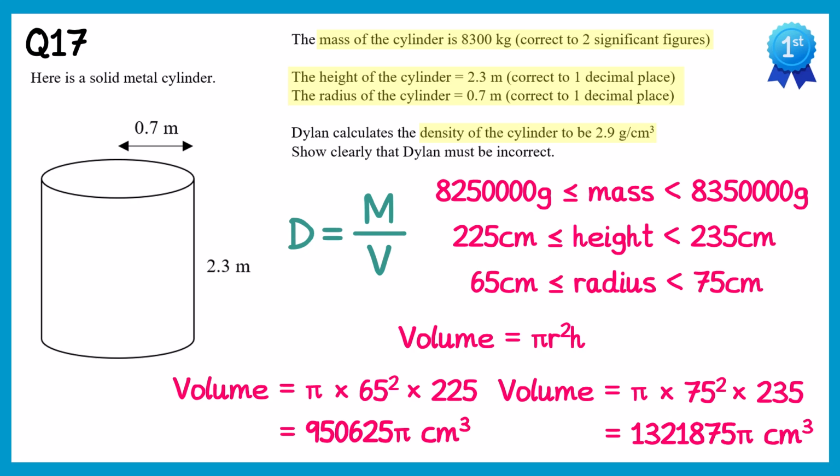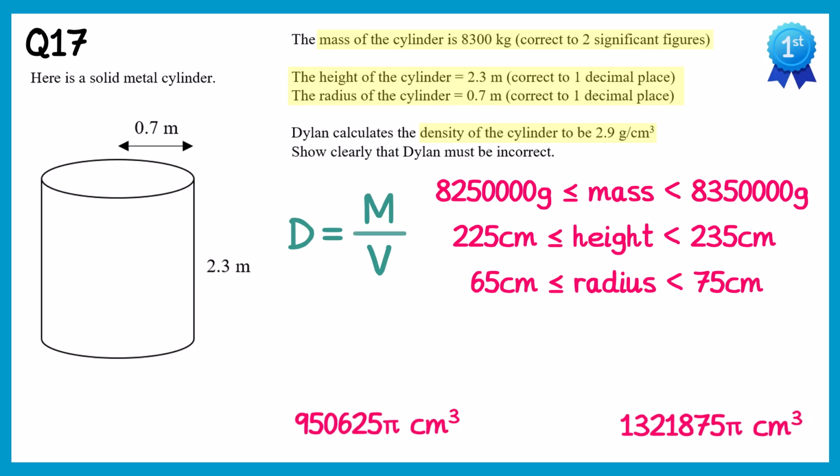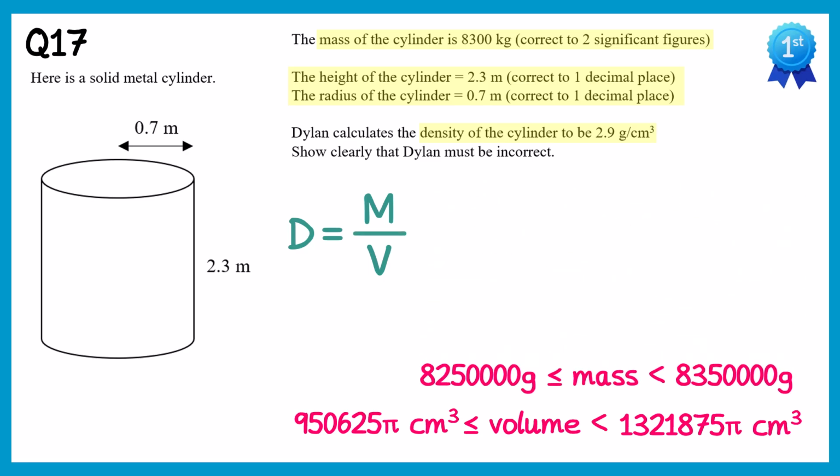So it's 1321875 pi centimeters cubed. So we've now got the minimum and maximum values for the volume. So the volume must be somewhere in between these two values. We no longer need the information about the height and radius, but we do need the mass for the density